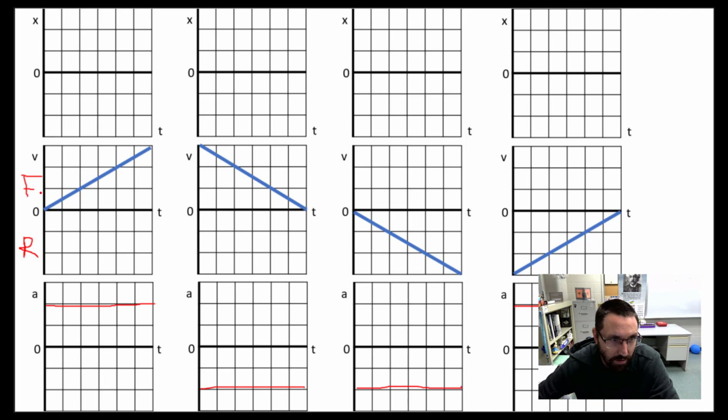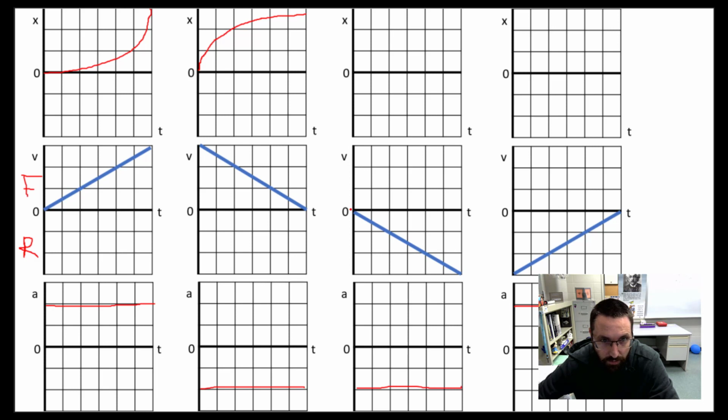Now we said if it's above 0, we're moving forward. This one is going away from 0, so this is speeding up, moving forward. It's going to give us a curve that goes up like that, kind of a parabola shape. This one is going forward, but it's approaching 0 velocity, so this is slowing down going forward. And we're going to get a curve that looks kind of like that. Notice at the end of the curve, this parabola, it's almost flattened out to 0 slope because we have 0